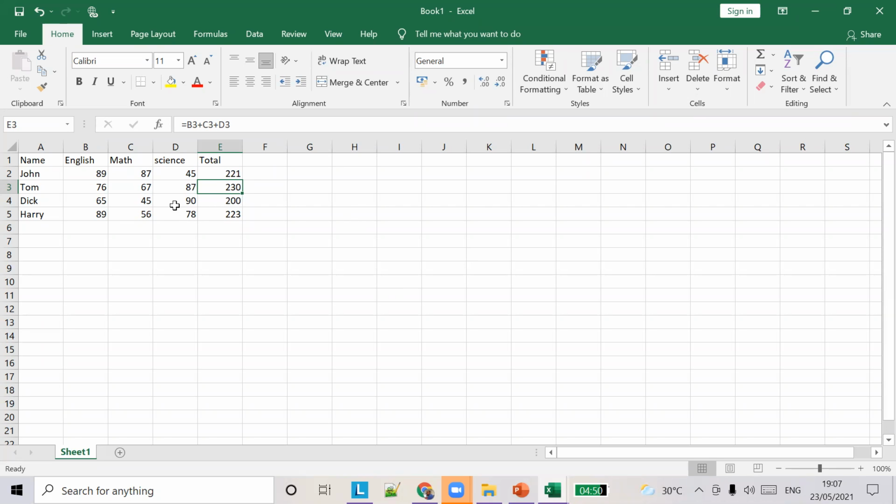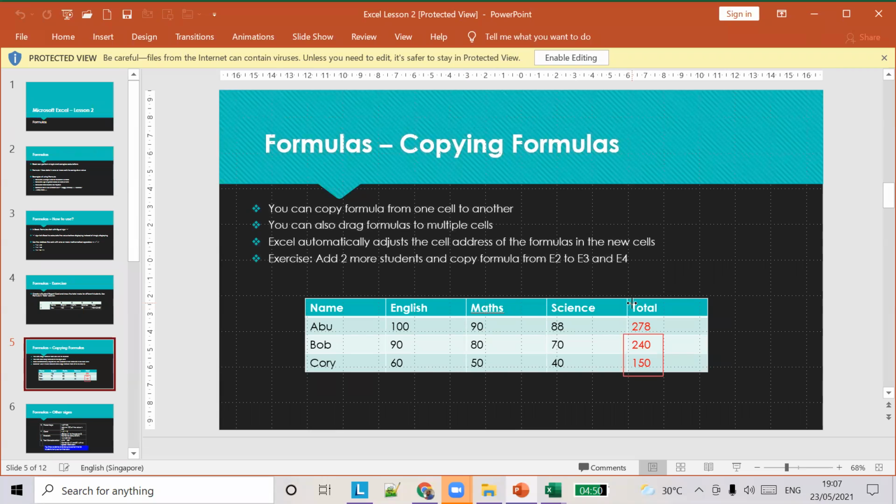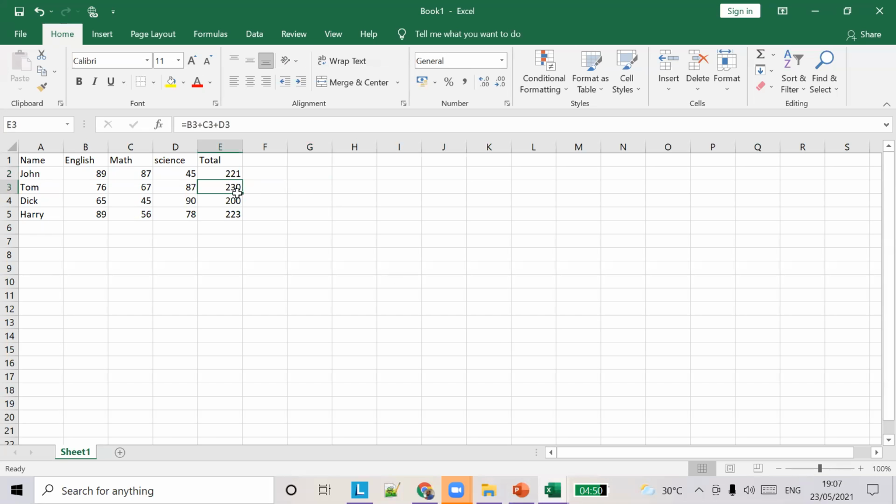Okay, let me continue. So I just taught you how to copy formulas. It's like copying numbers, right? We'll just learn how to copy formulas also. Any doubts in this? Do you have any doubts on how to write formulas and copy formulas? You can ask me. You remember how we did it, right? You just have to